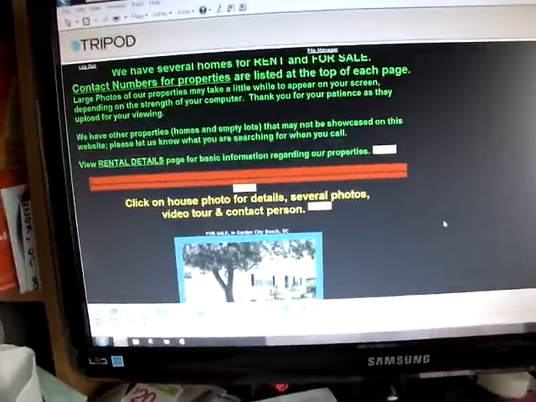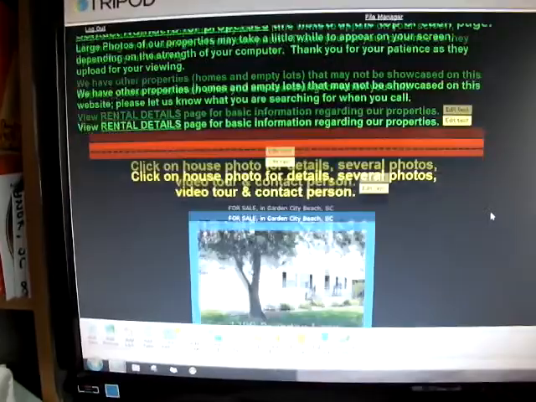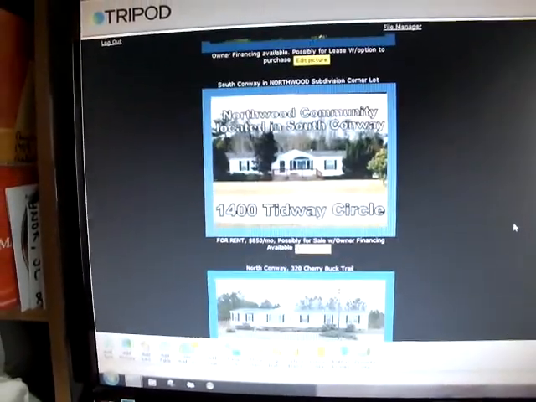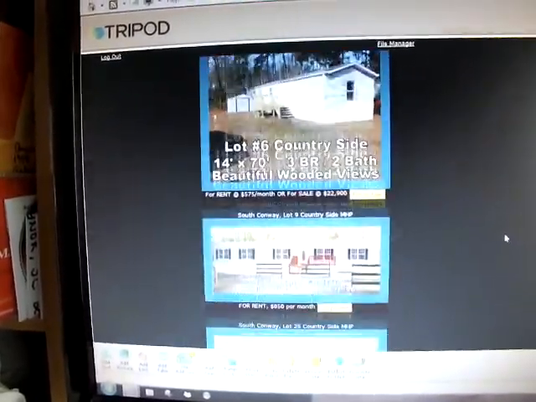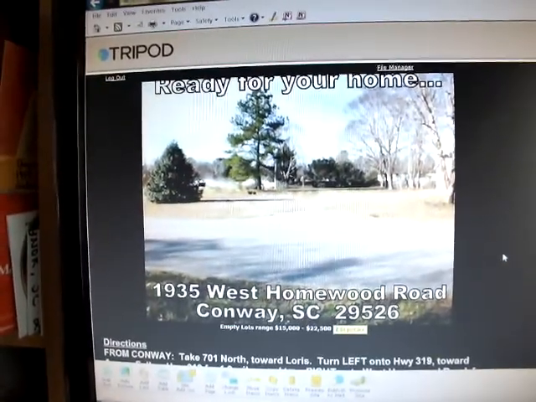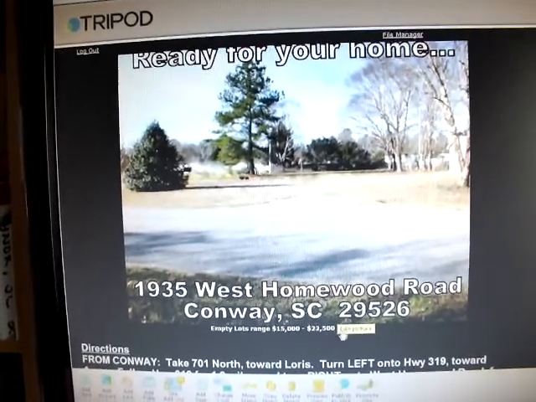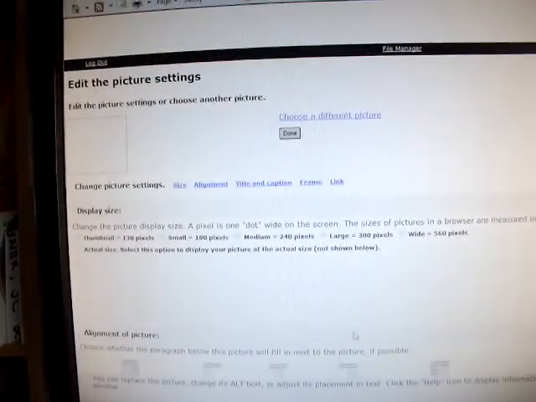Okay, a lot of the pictures on this website were on wide view. Instead of wide, you can do large. This is the home page, and all these are large until you get to the bottom where there's an empty lot. And this empty lot I have on wide view. I like doing that, but if you want to bring it down, you just hit Edit Picture